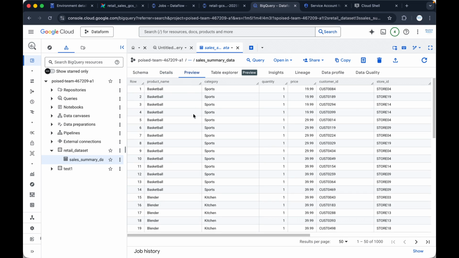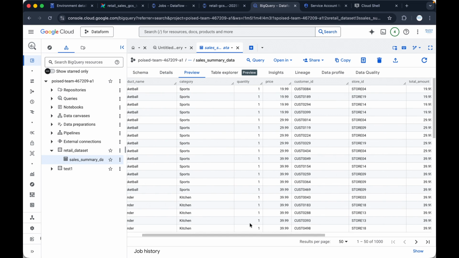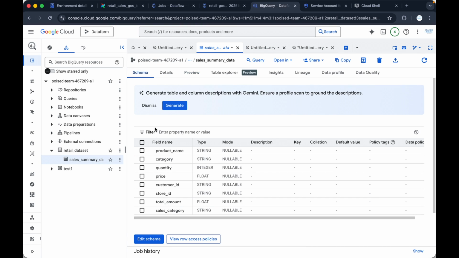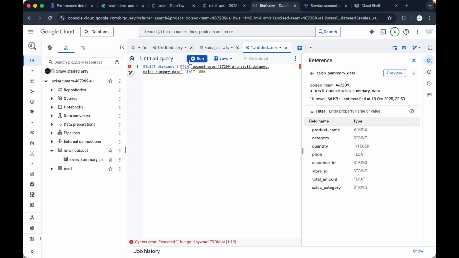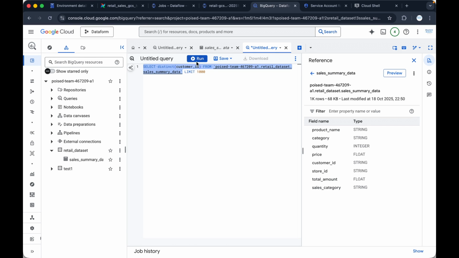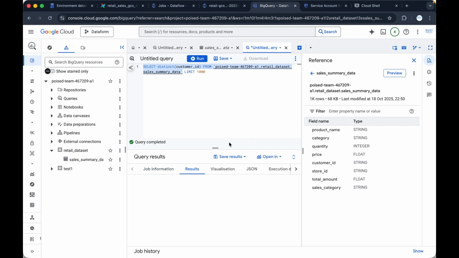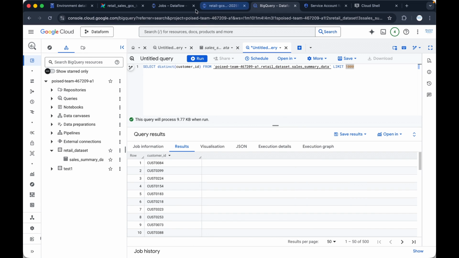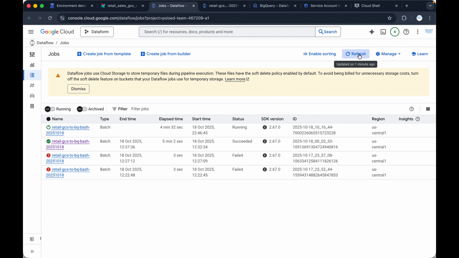Next, I'll go to preview. Here you will be able to find the records. Distinct based on which column? So distinct based on customer ID, and I'll execute it. So here you can see total it has 500,